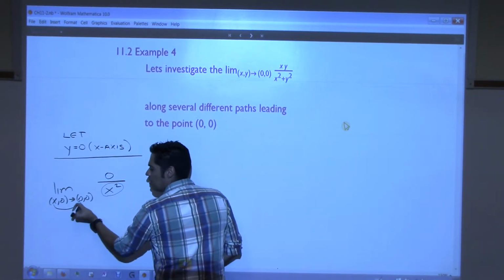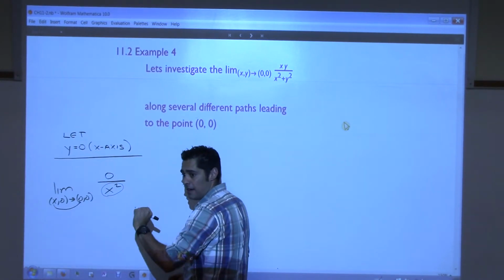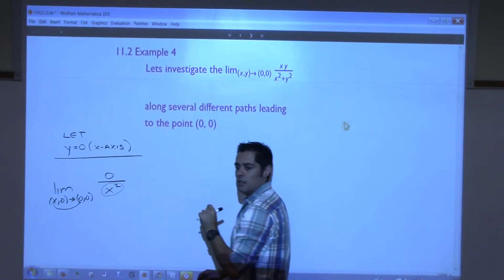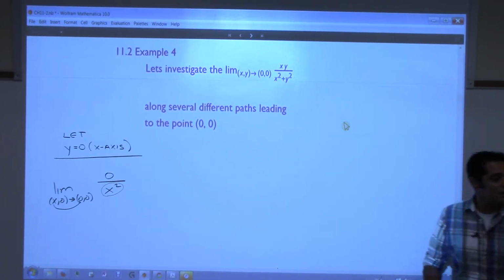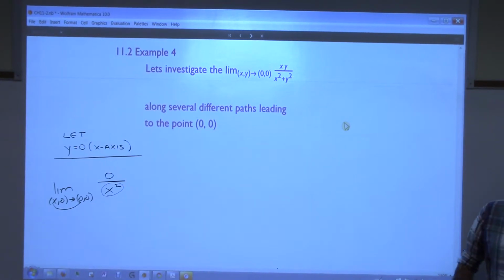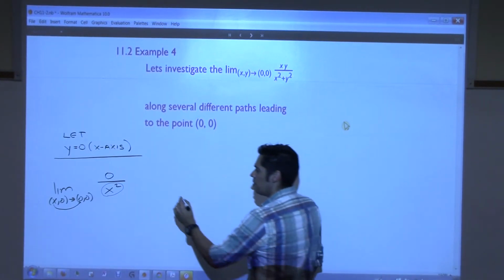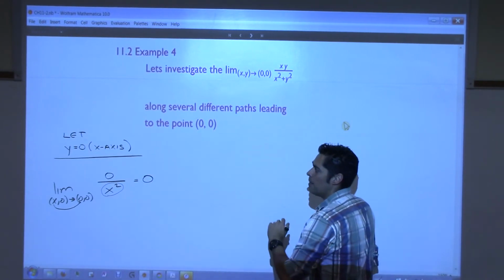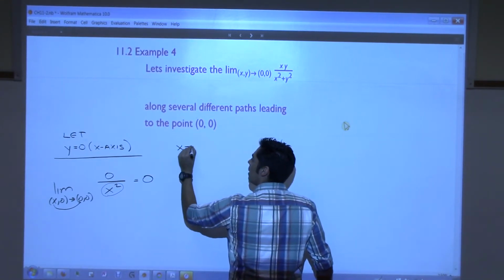But what are we doing? We're letting x approach 0 without actually getting there, right? So the numbers down here are getting smaller and smaller, never actually being 0, so we never actually have division by 0. So the answer to this is 0. Now, similarly, if we come in along the y-axis, let x be 0,